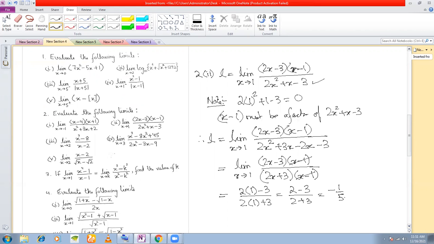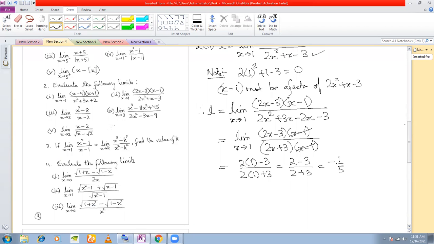And that is what this limit is. If this limit L is equal to minus 1 by 5, what does it mean? What does it mean in normal language? That means if x is very close to 1,